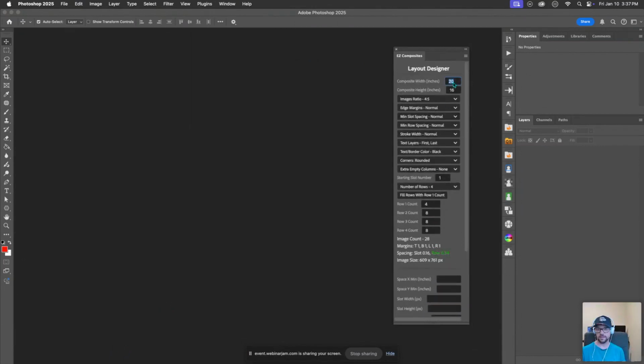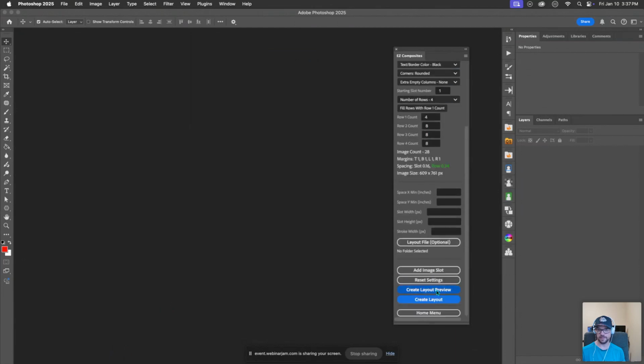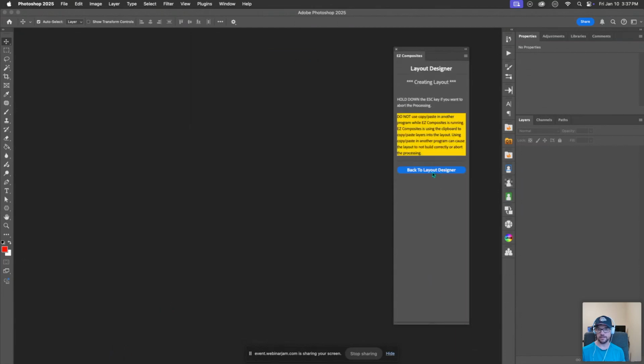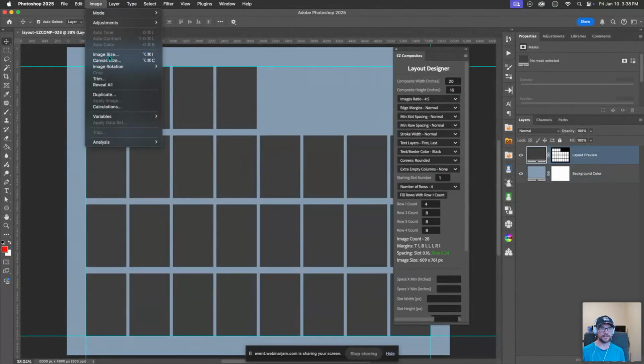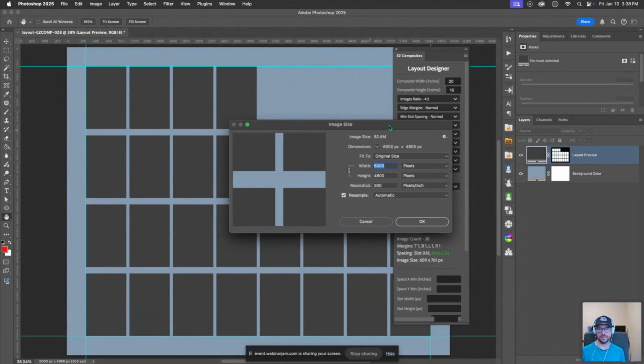So let's say you wanted 40 by 32 at 150 pixels per inch. Knowing that this is going to do 300, you could leave it 20 by 16. And then when you resize this, if you send it to a lab, it actually doesn't matter. They'll do the math for you. But if you uncheck the resample and then put this at 40 by 32, it'll leave it at 6,000 by 4,800 pixels. What you don't want to do is